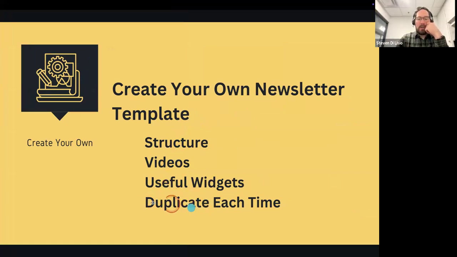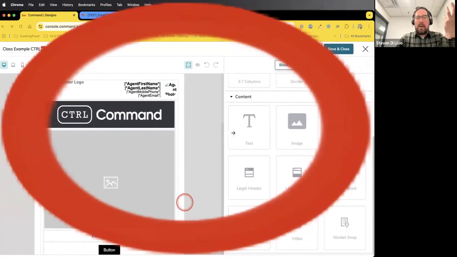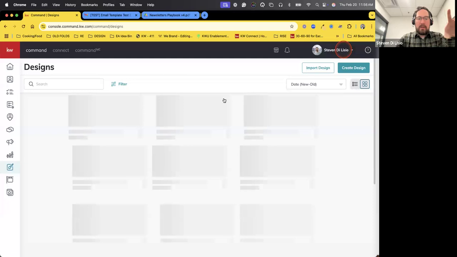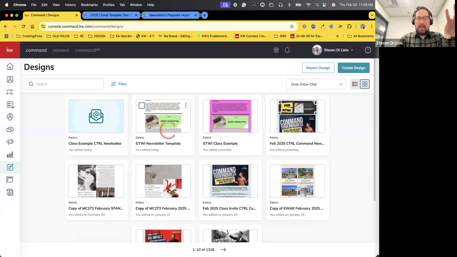And then the last thing I want to show you is how once you have a newsletter that you're happy with, we'll hit save and close here to save that in there. But now that I have this template newsletter, I'm always going to leave this one by itself. I'm not going to edit this one at all. Once I have my styling and sections ready, what I'll do instead when I'm ready to write my March newsletter is I'll click these 3 dots and then click